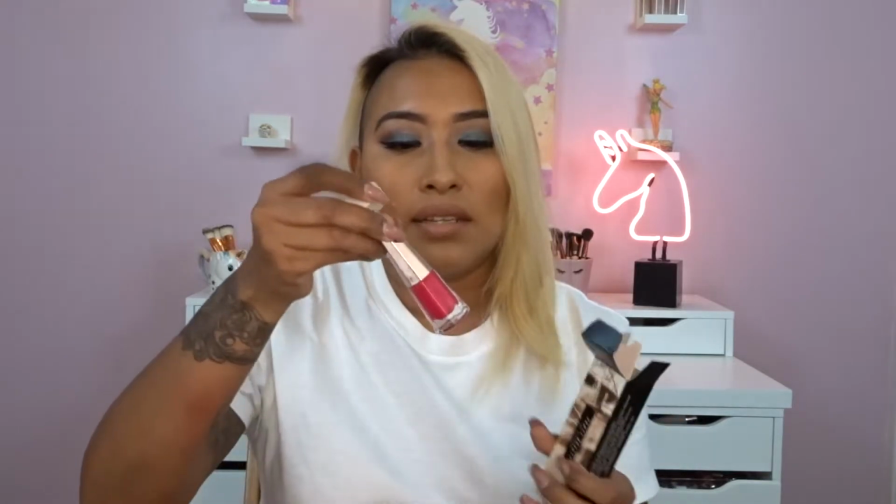It looks so cool and whatever, and the pigments, like, look. I just really wanted it. So let's go ahead and open this, and this is the box, and it comes like this. Oh, it's so pretty. It kind of looks like a nail polish, but I got the shade Unlocked, which is like this hot pink. I love pinks and reds. That's my thing. But yeah, so it looks like this,